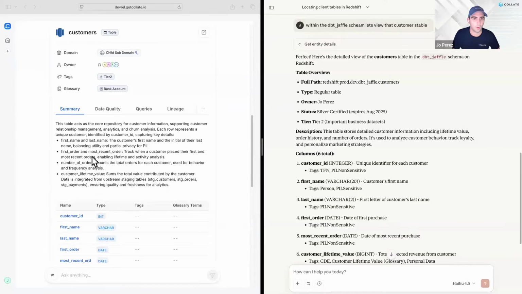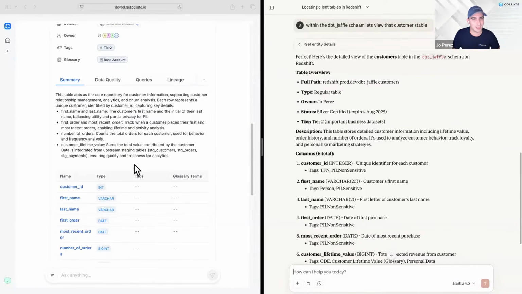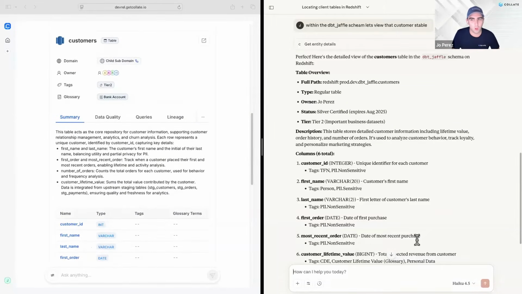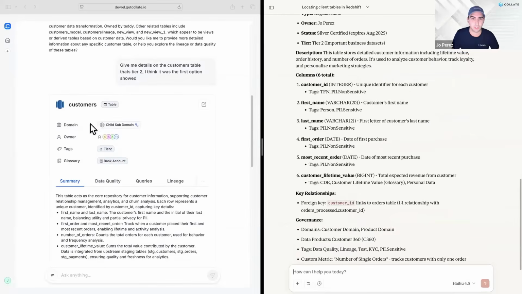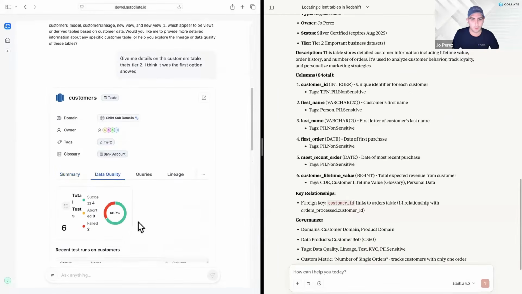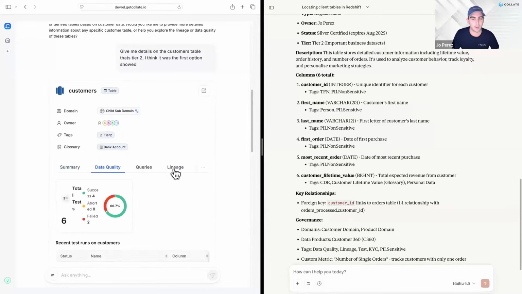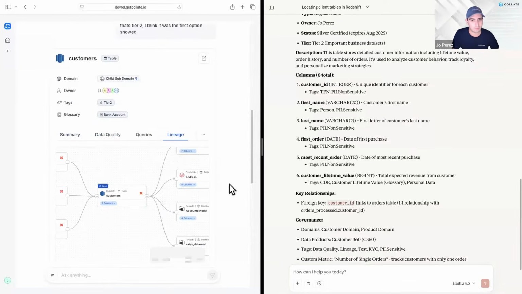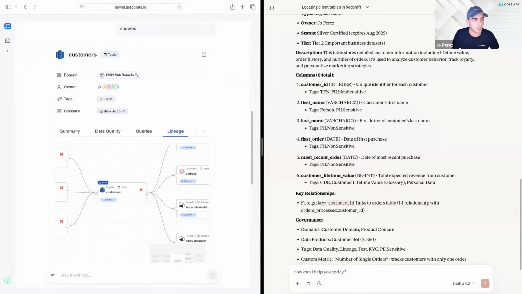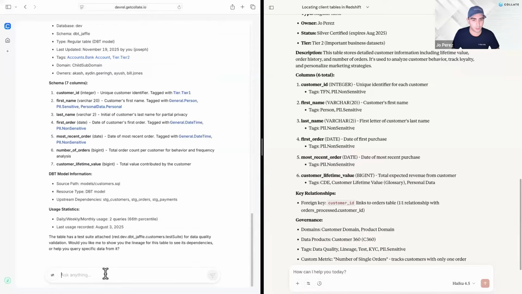And what I really like about Collate here from a usability standpoint is I get the summary. I see this all nicely laid out. If I cared about data quality, I wouldn't have to prompt for a whole other element. I can just click here on data quality and understand it. Or if I cared about lineage, I can just click here and understand it without having to go into an additional prompt. And I think lineage is a really good example where I can then go and ask that question,